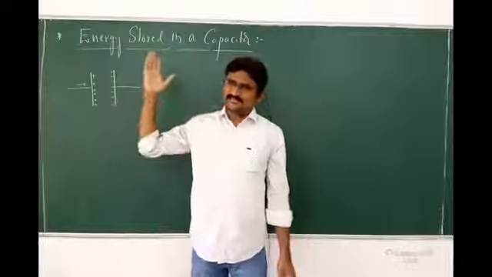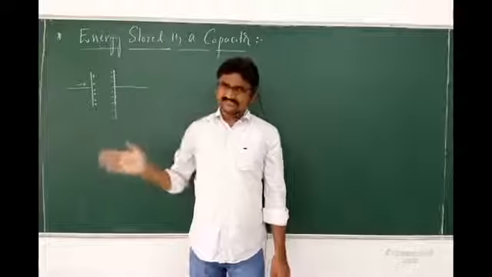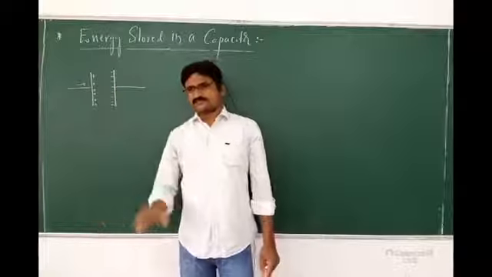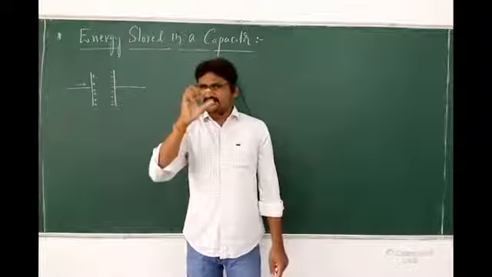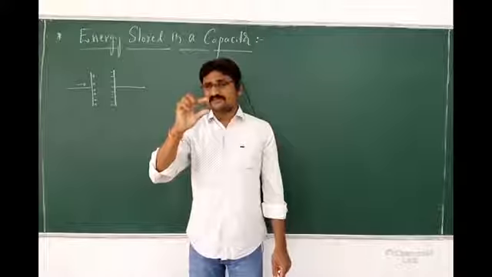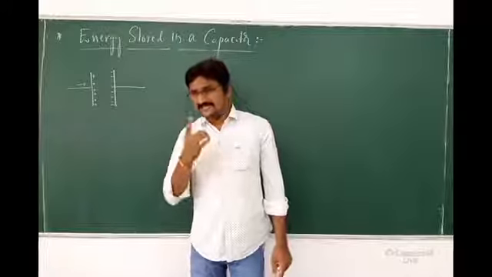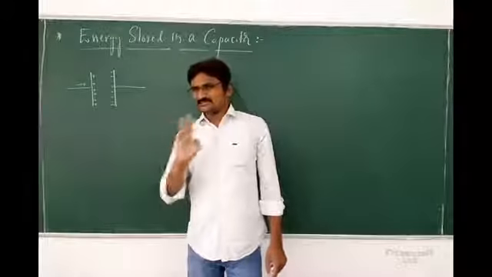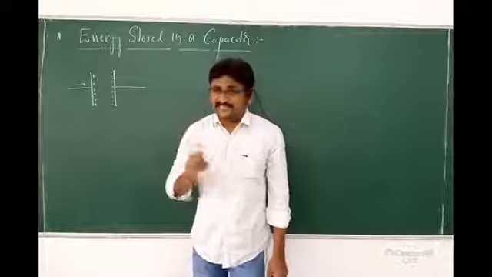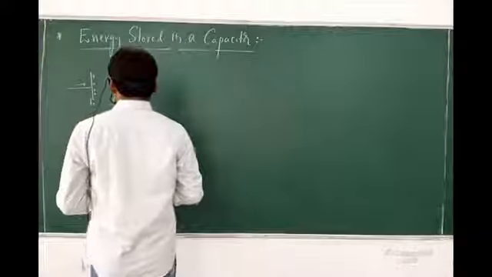We followed the same method for electric potential due to a point charge, and for the dipole and torque potential energy. First I take the work done for a small part, later I apply it for the total. Then what method do I follow? Integration. It is a 3 marks question, 3 steps only, but we must follow the integration. What are the limits of my integration? 0 to capital Q.